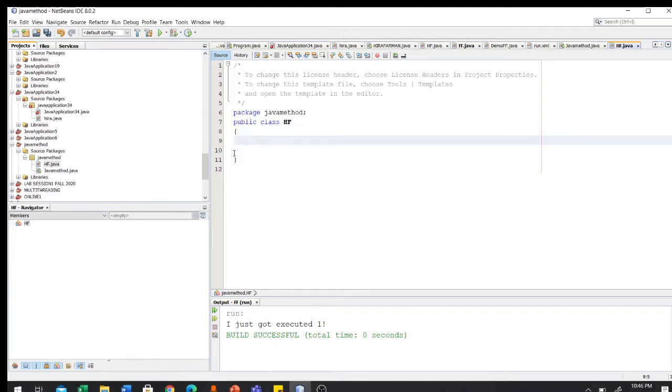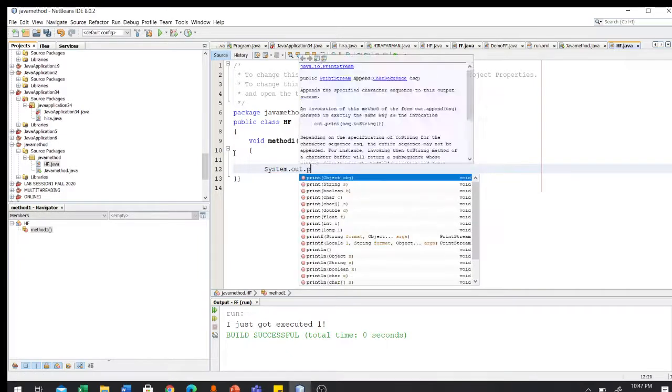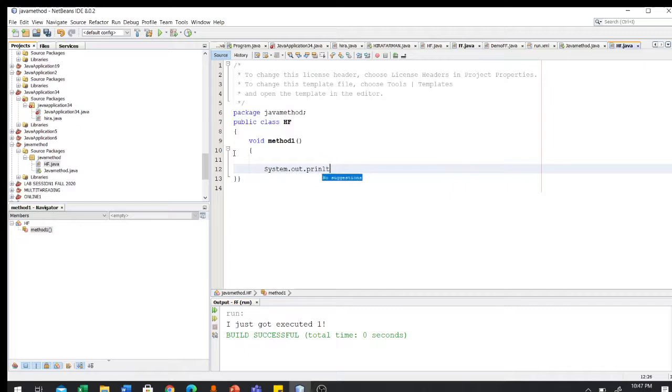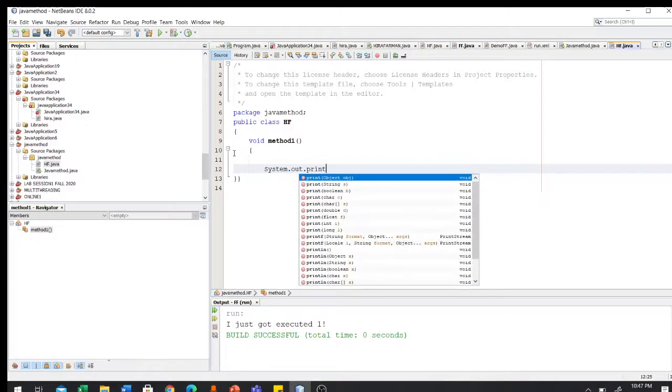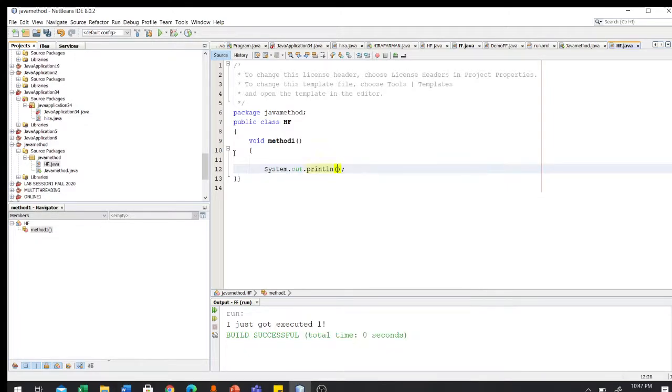This is a void method, void method 1, and in method 1 I want to print, system dot out dot println, I am Hera.